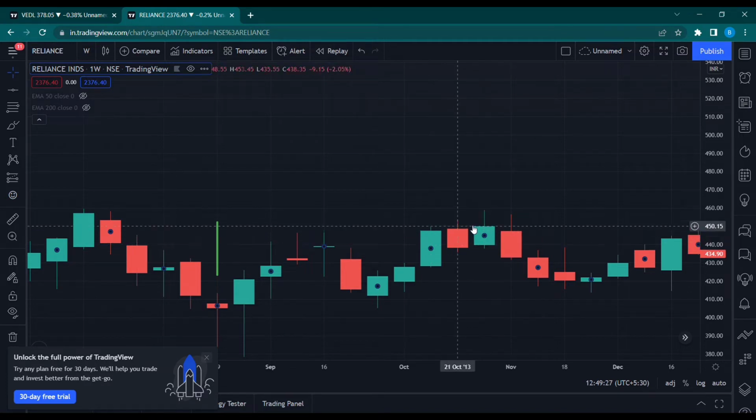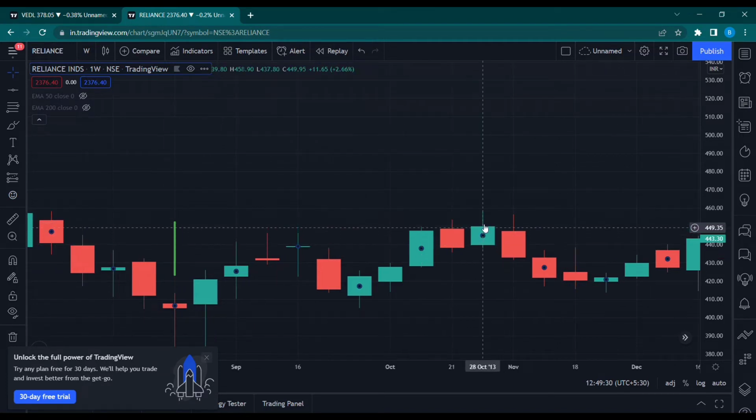But see here, in this case, the prices went up and then sellers came in. Sellers moved prices down by almost half of the total distance traversed by the price in that week, right? So this is not a strong bullish candle. This indicates sellers are there, so if you are going for a buy side trade, we have to wait for more confirmations, and in the next candles there is a fairly strong selling, right?